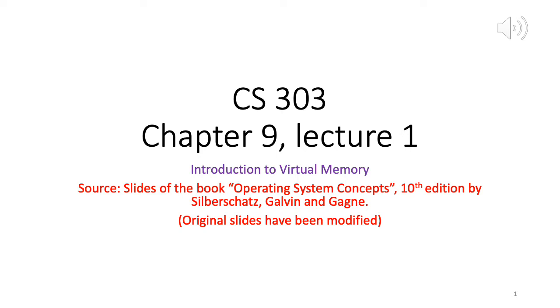So this chapter and the last chapter essentially deal with memory management, right? If we think back to what we learned in the previous chapter, we discussed various memory management strategies used in computer systems. Those were contiguous memory allocation, then paging, then segmentation, and then some combination of those. So different ways in which we can manage the memory resource, right?